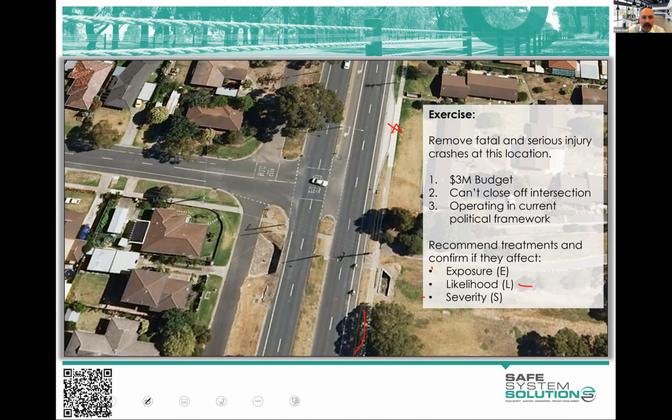We're going to have the same severity of crashes because the crashes are essentially going to be the same, pretty much. There's just less chance of them actually happening. The speeds will be the same, the vehicles will be the same, the angles will likely be about the same. And so we're still in the same severity, but the chance will be less. So there you go. Move the bus stop and then you put a little L next to it.